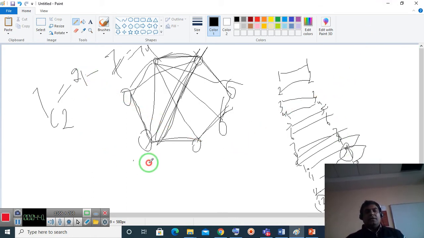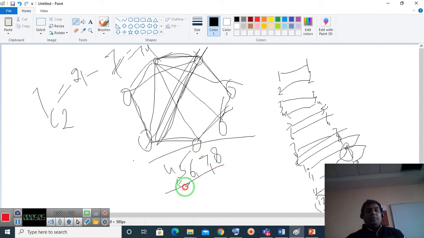Another question: if we choose any random 5 numbers and divide by 4. Suppose we choose 4, 5, 6, 7 and 8, any 5 random numbers; I am choosing them continuously here, but they are random numbers. We divide by 4, so the remainders will be 0, 1, 2, 3 and 0. So a remainder must be repeated, meaning any two numbers have the same remainder.